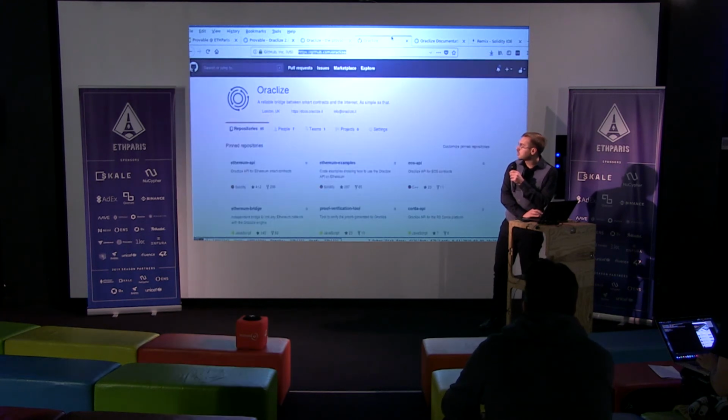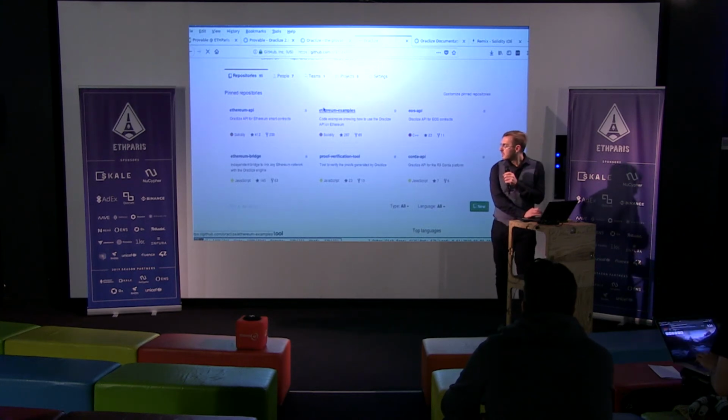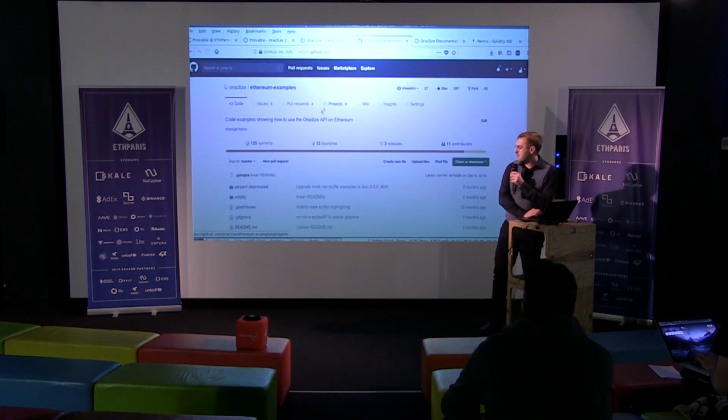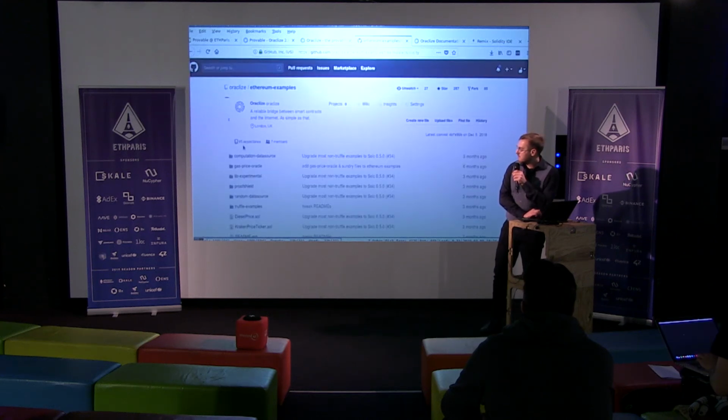So if you go to our GitHub repository, there are many repositories. For Ethereum, Ethereum examples is a repository which contains many examples. I guess nobody is using Serpent anymore today. We had an API for Serpent as well, but in Solidity, you just go here.